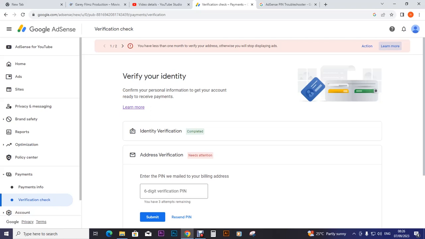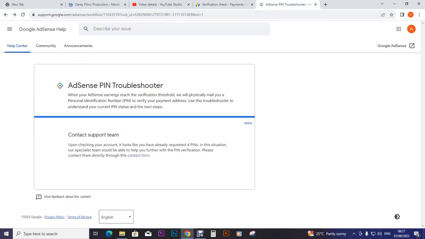As you have seen previously, they asked me some questions. As I answered them, they again delivered me back to waiting for some time. Then on requesting for the pin again, after I redid the same thing, saying that I never got the pin, that is when they displayed this: contact the support team. Now if I click here on this contact form,